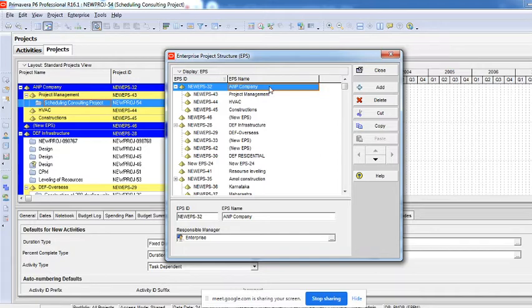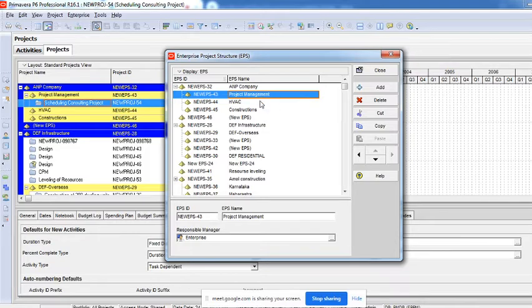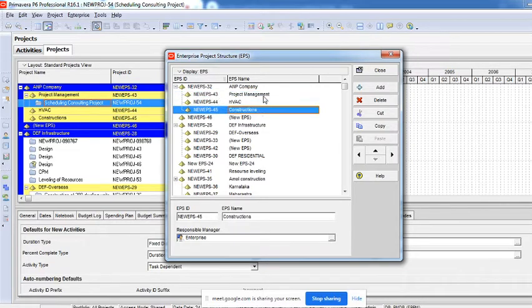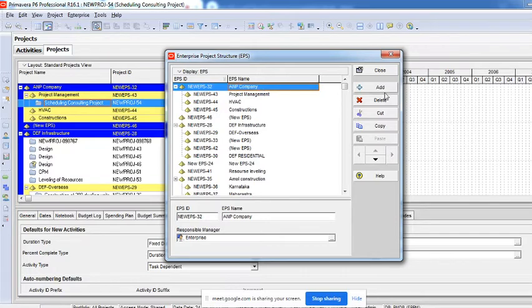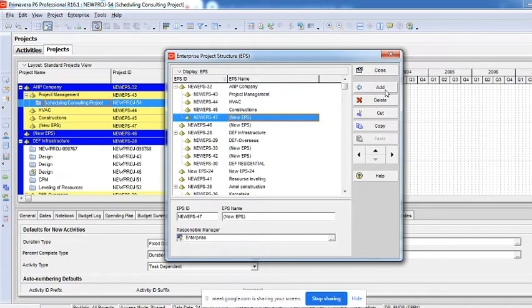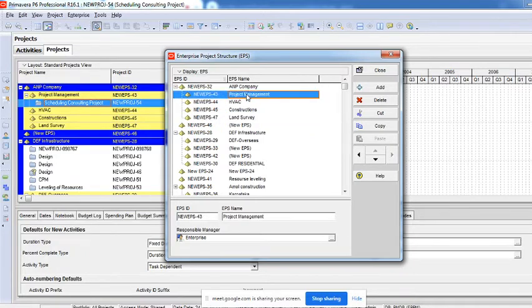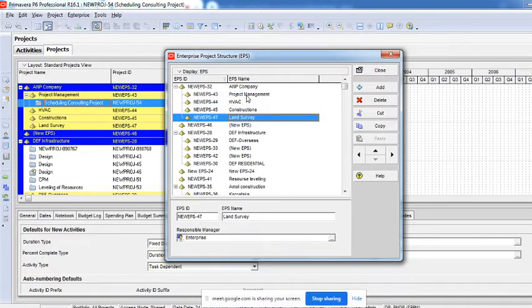So this ANP, I've just created as a company. Under that they have three main verticals: project management, HVAC, and constructions. You can click every time on ANP and then add, and you'll get one more child of that. Like this we have created. Probably this one is into, say, land survey, some services that I'm mentioning. There are different services that they do. This is one of them. So this is how we have distributed them.